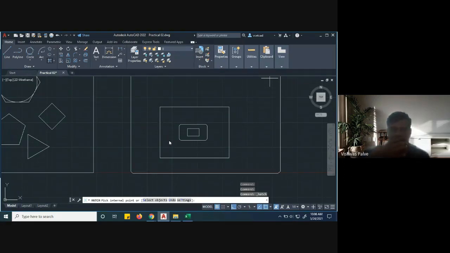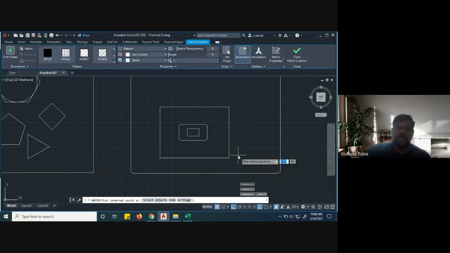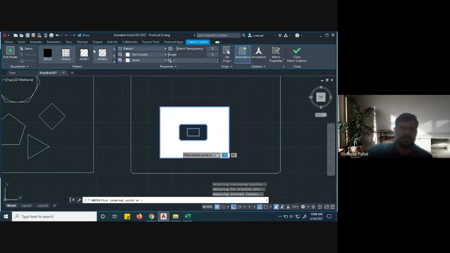Till the command has loaded. Hatching takes some time. So you can see now the feature has completely changed. Now it says pick a point. So I'll pick a point here. And then what will be the hatching pattern? So I will say ANSI 31. This is the hatching pattern which I am selecting, and scale I'll say 25.